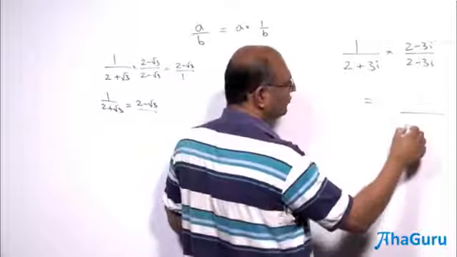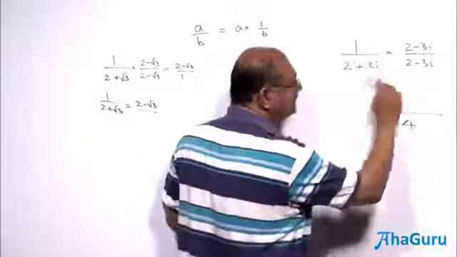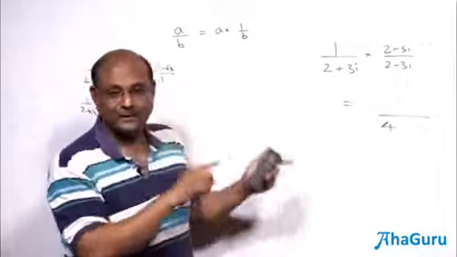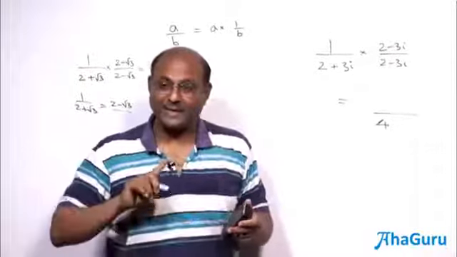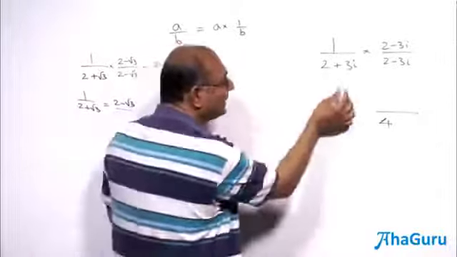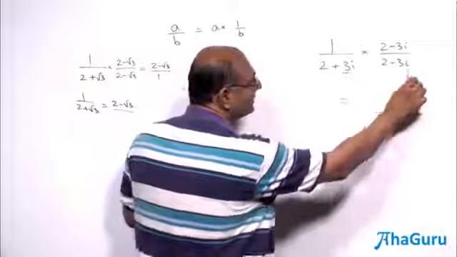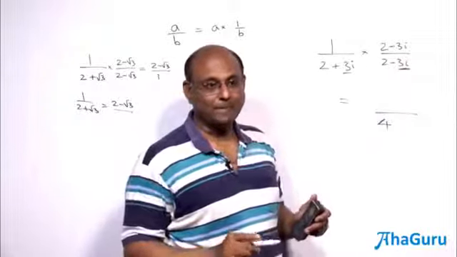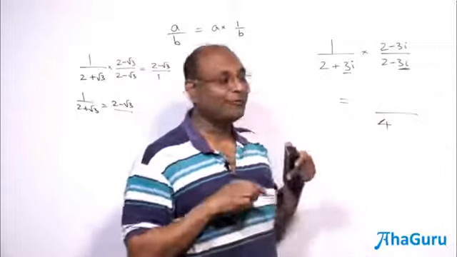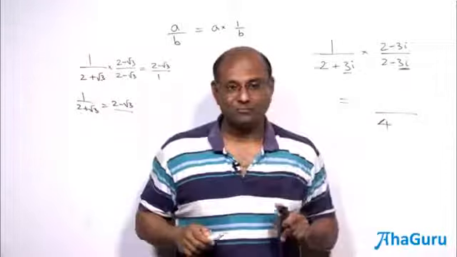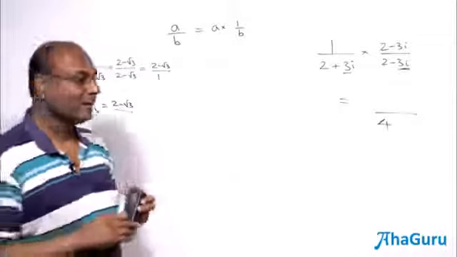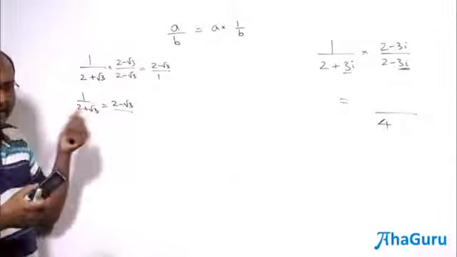So 2 into 2, 4. Minus, actually just think, with i, it is going to be a plus b into a minus b is a square minus b square. But right now, the minus, there is going to be i square. And so it will become plus. So you don't even have to worry whether this will become 0. In fact, the only time it will become 0 is, here you might have to worry, sometimes, very rarely.